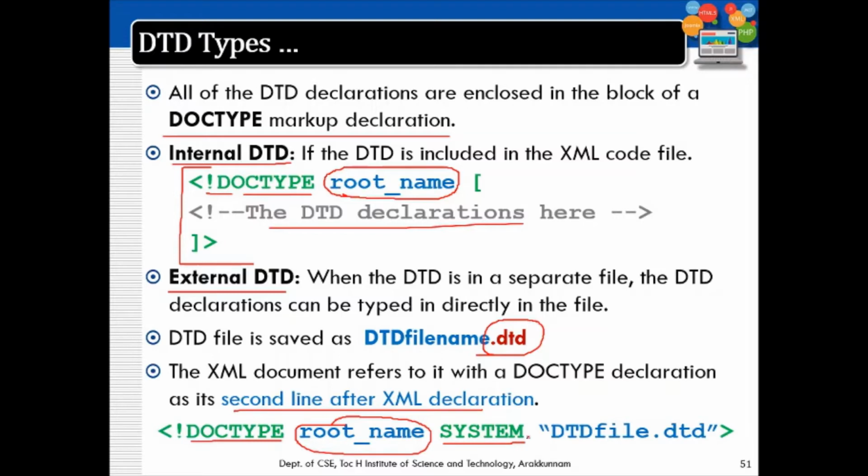It shows the path where the DTD file is stored. Then leave a space and within quotations give the DTD file name, or if it is in a different folder you have to give the full file path. The DTD file path has to be mentioned here. This is how an external DTD is linked to an XML file.